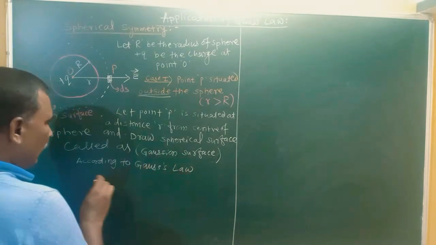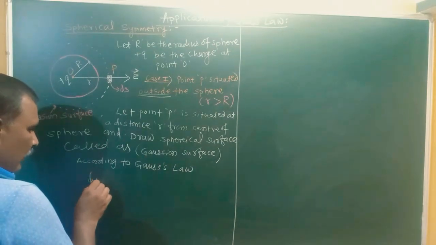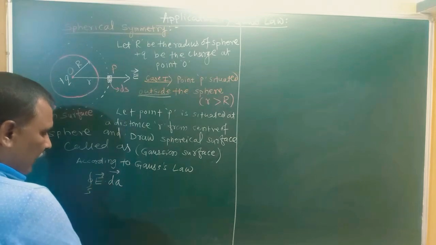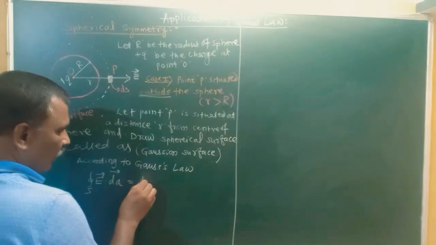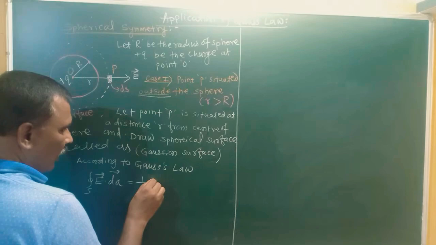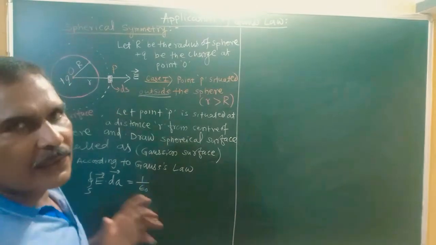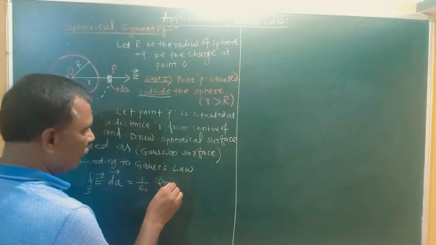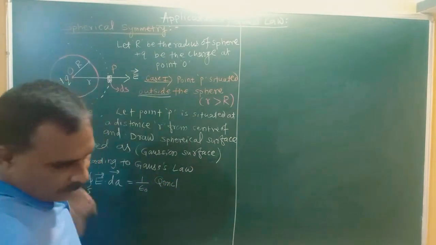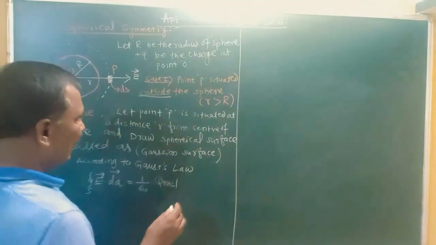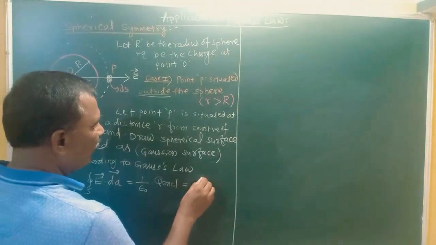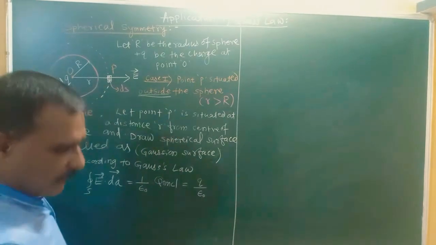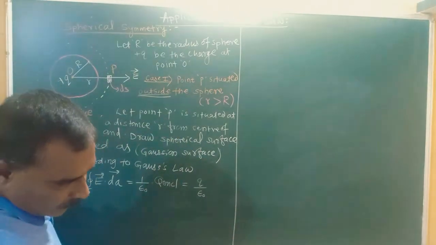According to Gauss law, the surface integration of E bar dot dA bar over the surface S is equal to 1 upon epsilon naught into the total charge, which is Q enclosed, that is Q upon epsilon naught. This is the first equation we have to consider for the Gauss law, and